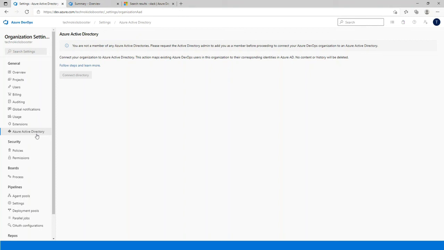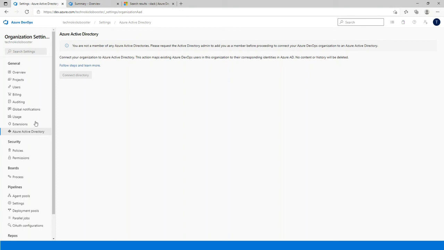That means any user who is part of Orbit.com will be able to access it, or it will be feasible to add him into this organization. You will have an option to add him into the organization by default. If not, he will be added as a guest user for the organization.